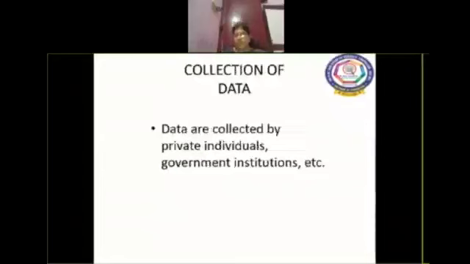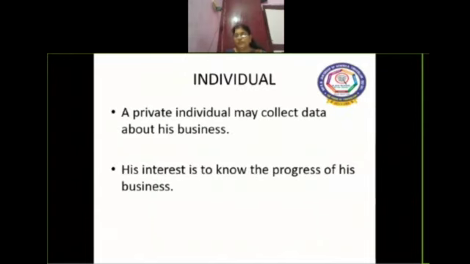Next one, collection of data. Actually, data are collected by private individuals as well as government institutions. First, if we take a private individual, they may collect data about his businesses. If a person is running a business, he can collect data about the percentage of his profit, whether he wants to increase his production or increase his capital, everything he can decide